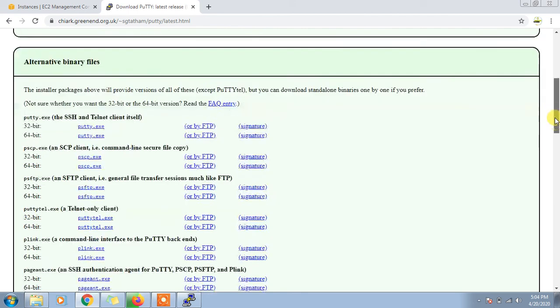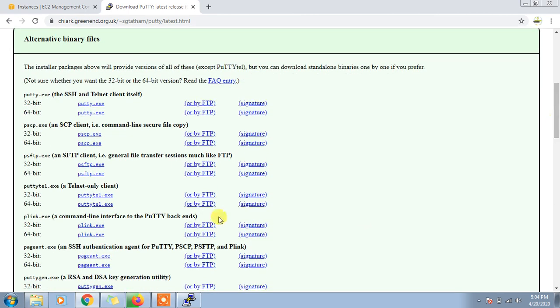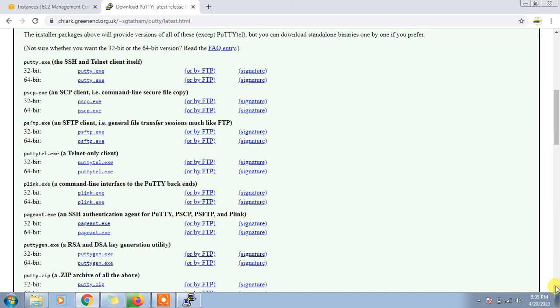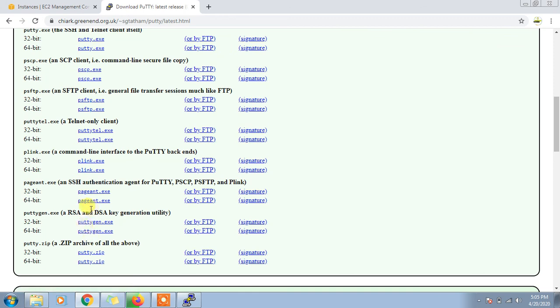There are several applications related to PuTTY which you can download. If you are using 32-bit, you can download PuTTY 32-bit, or 64-bit, depending on your operating system. Below you can also find PuTTYgen. I'm going to provide this link in the comment section of this video, so you can go directly to this download page.